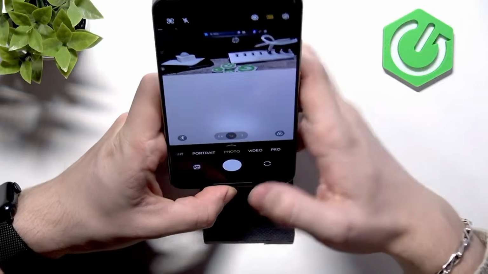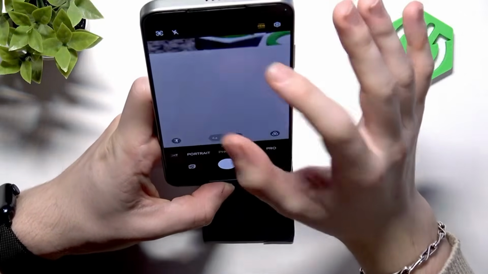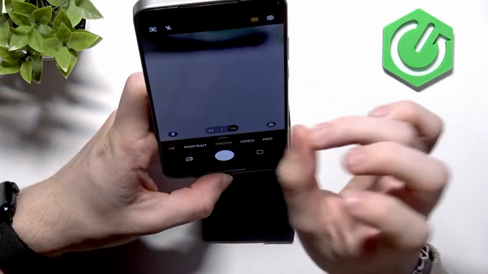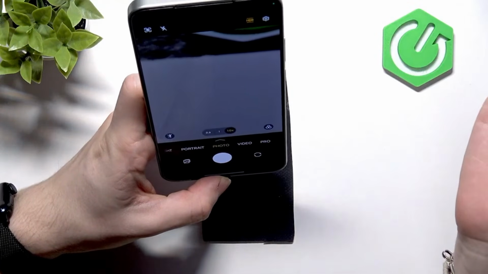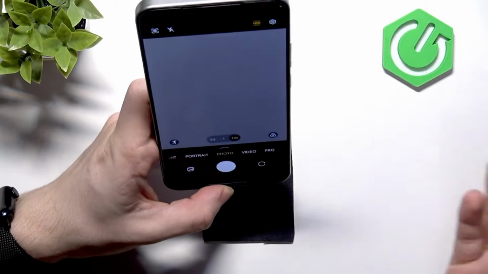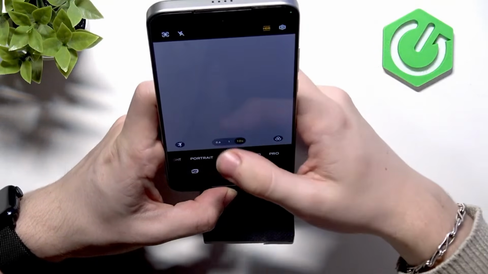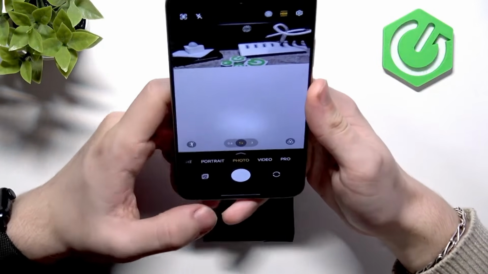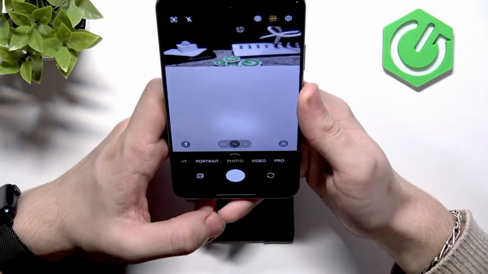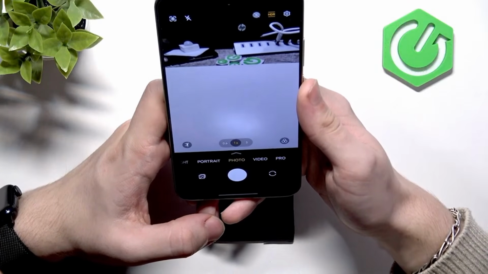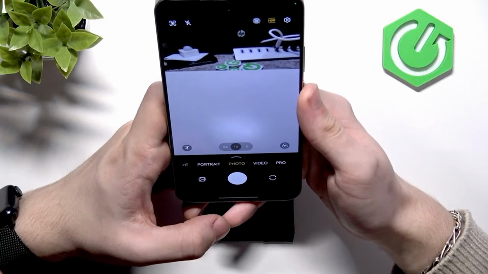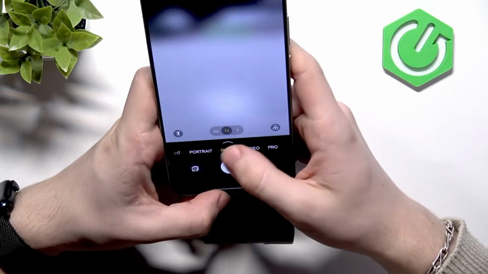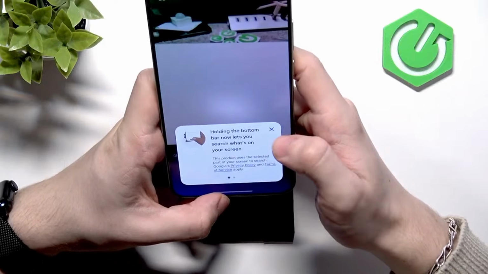But when you zoom in, even if it uses the same lens on your phone, the zoomed in photo will still be 12 megapixels because the camera has enough megapixels to be able to do that. So that's how it works. But maybe sometimes you may want to take an ultra resolution photo so you can zoom in later after taking it. And in order to do it, you will need to find all the different